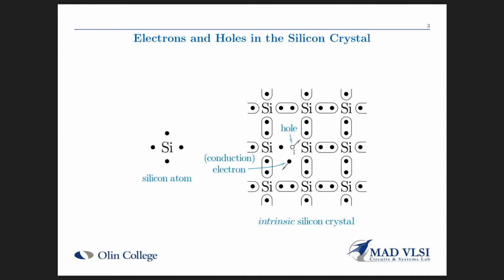One thing that you'll note here is that if we wait a while, that electron will move away from its original site, and that movement of a charged particle is conduction of electric current. But we can also have a neighboring valence electron pop into that vacancy and fill it, and the vacancy is free to move. And so this vacancy, if you think about it, is behaving sort of like a positively